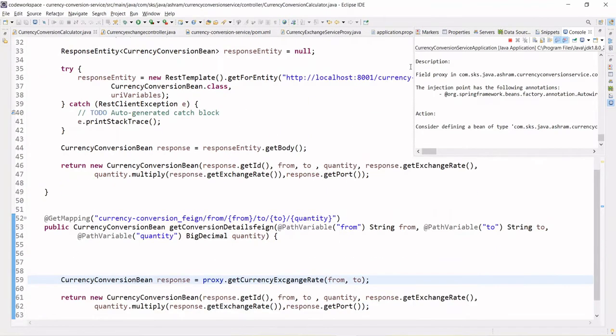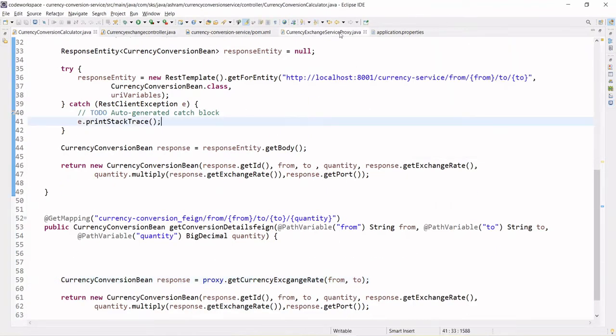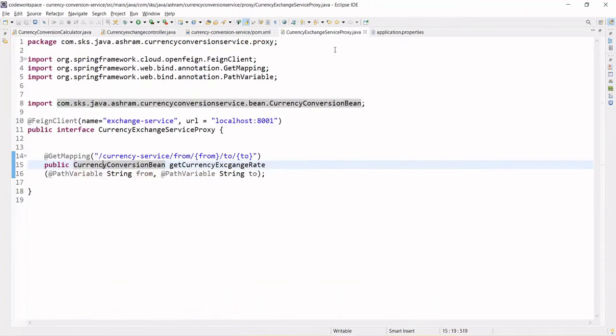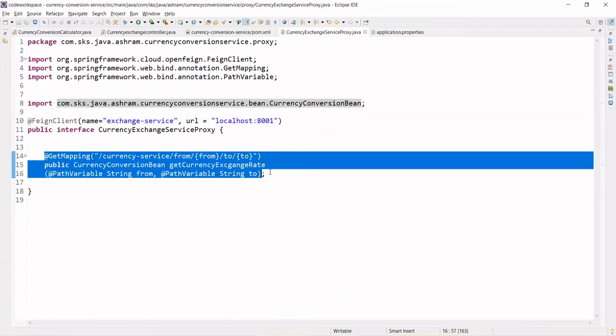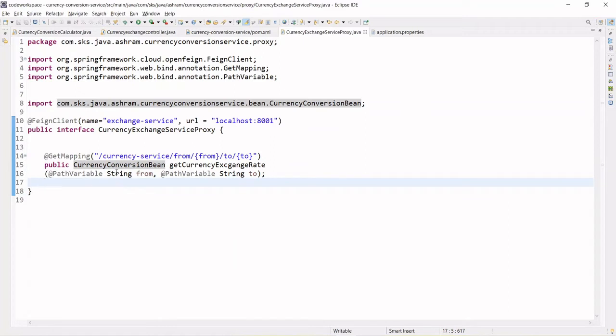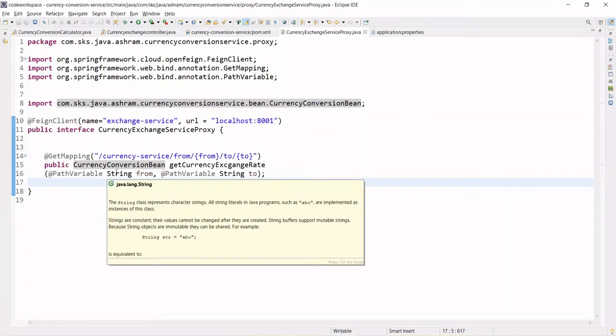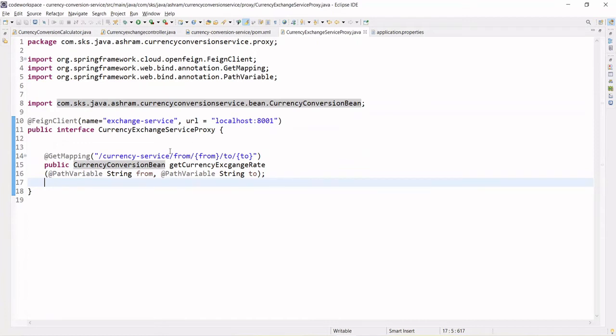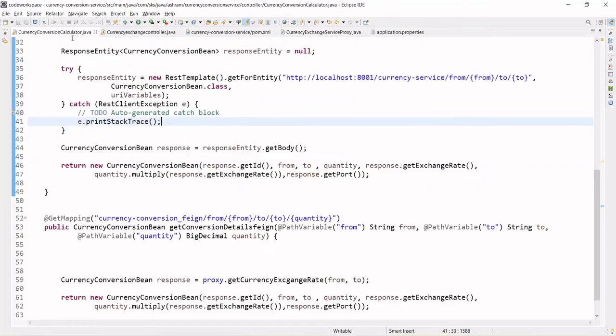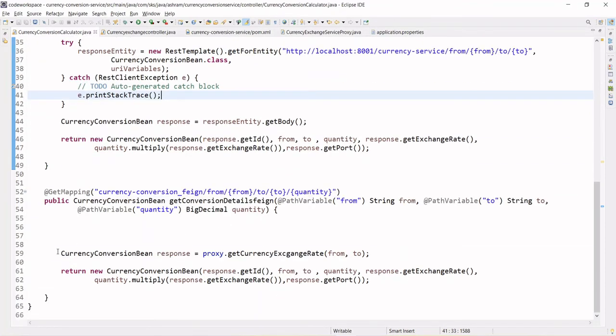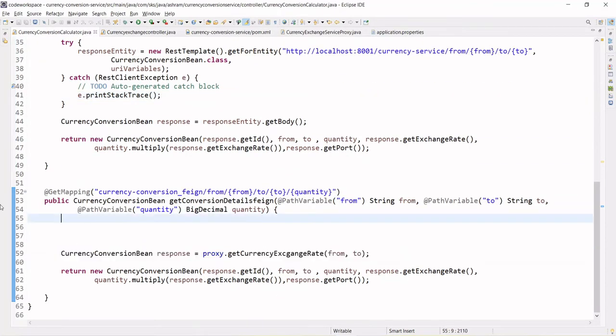You just need to define all the methods in a single place called currency exchange service proxy. The same way we can define 80 methods here, and after autowiring this, you just need to call the service using the proxy object. This is how the code looks: very clean, and all your methods will be in a single place called currency exchange service proxy.